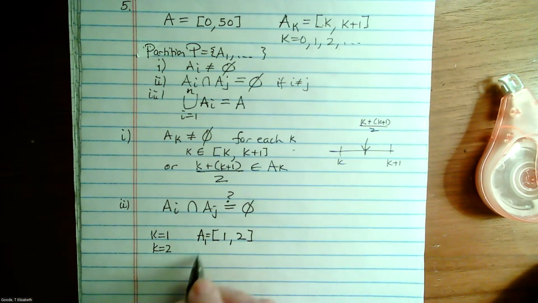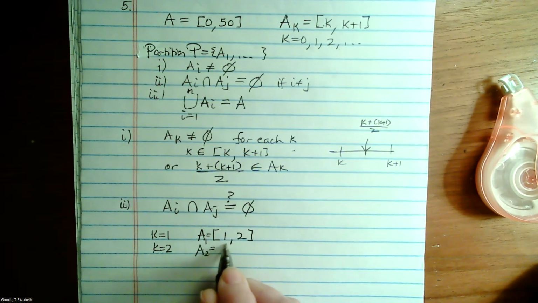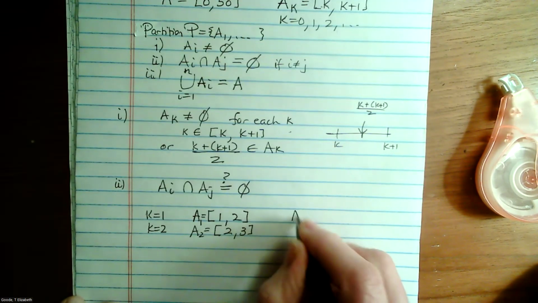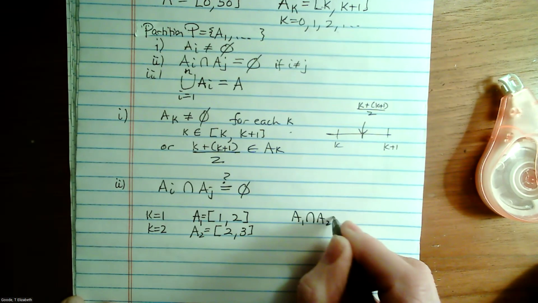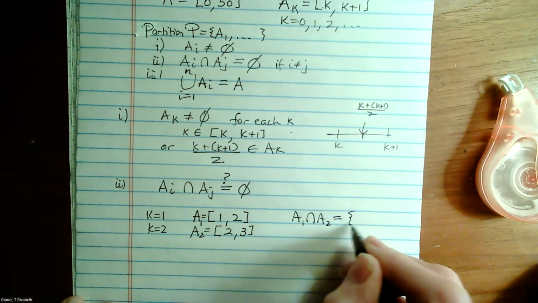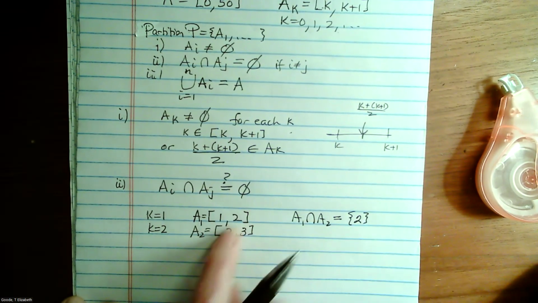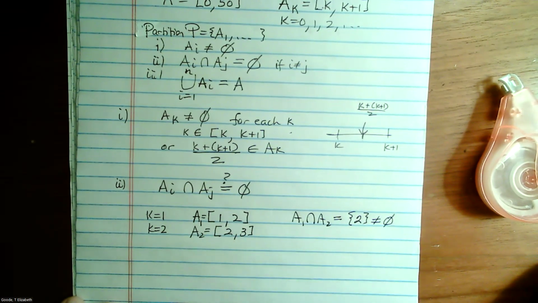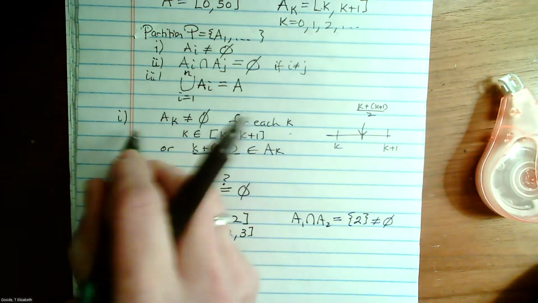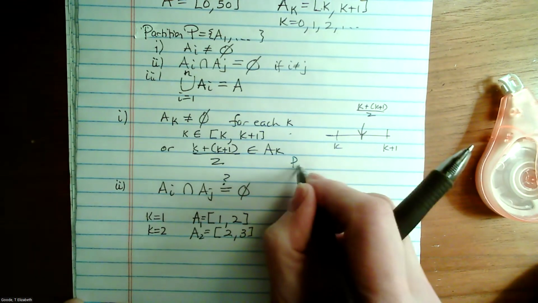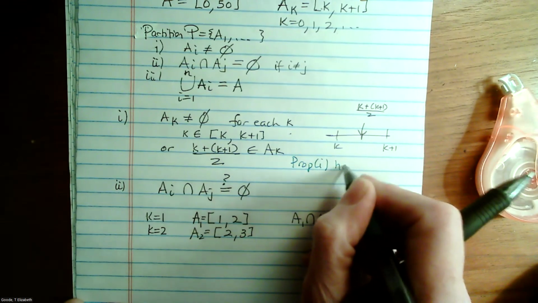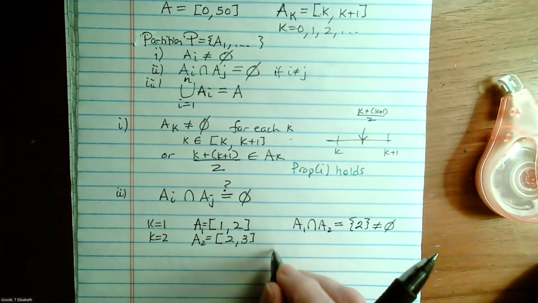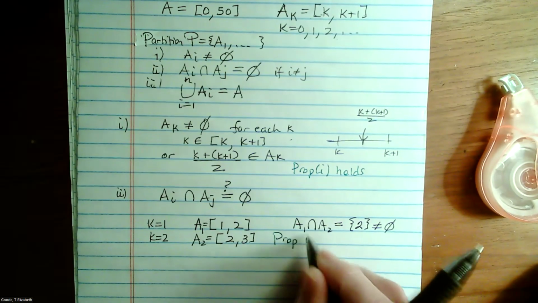If we're looking at k equals 2, it's A2, it goes from 2 to 3 inclusive. And A1 intersect A2 is the set that contains 2, because they both share that endpoint, and that is not empty. So whereas property 1 holds because none of these sets are empty, property 2 fails